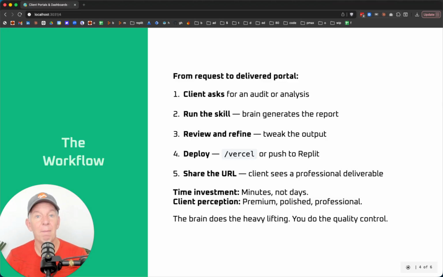That's ideal. But we should always be checking that output, particularly when we're asking it to write content like that, fact checking it before it goes out the door to a client. Let's review and refine that. Then we can use the Vercel skill to deploy that, or you can use Replit, which I do, and then